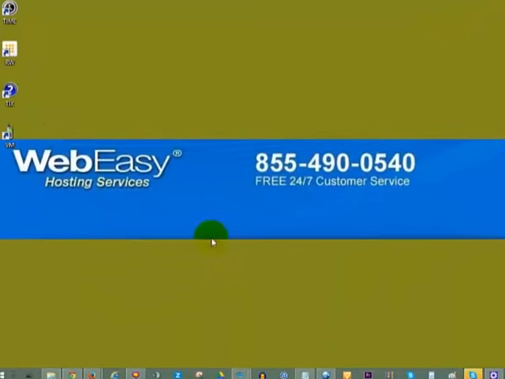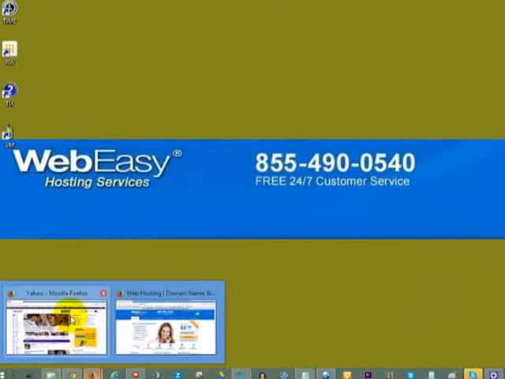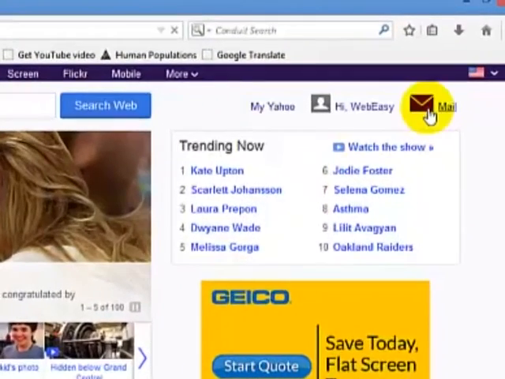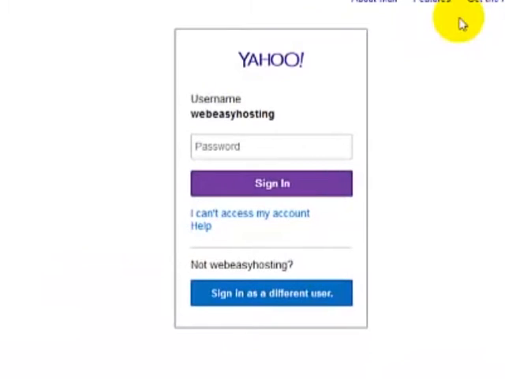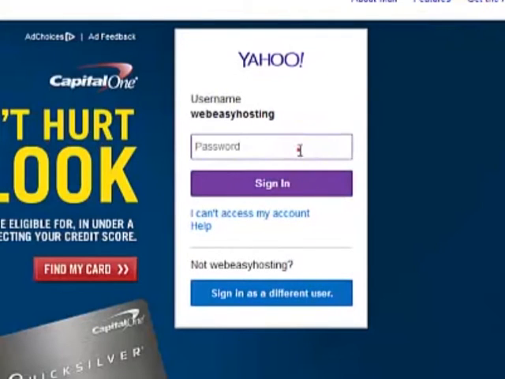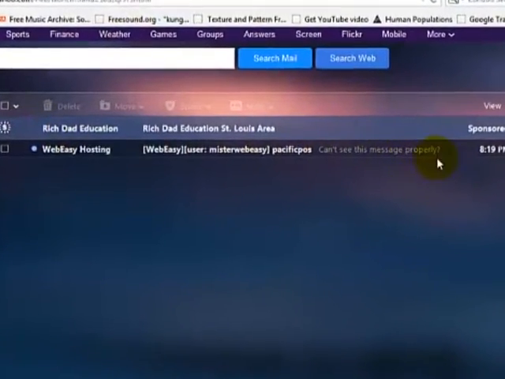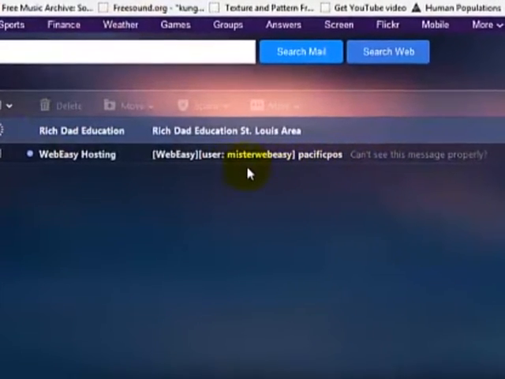This short and informative guide will assist you in ensuring that you are ready to get started with your new hosting account. The first thing you want to do is check your email. Upon signing up, we will send you a few emails with free software and, most importantly, an email containing your hosting account information. If you do not see the messages in your inbox, they may be in your spam folder.